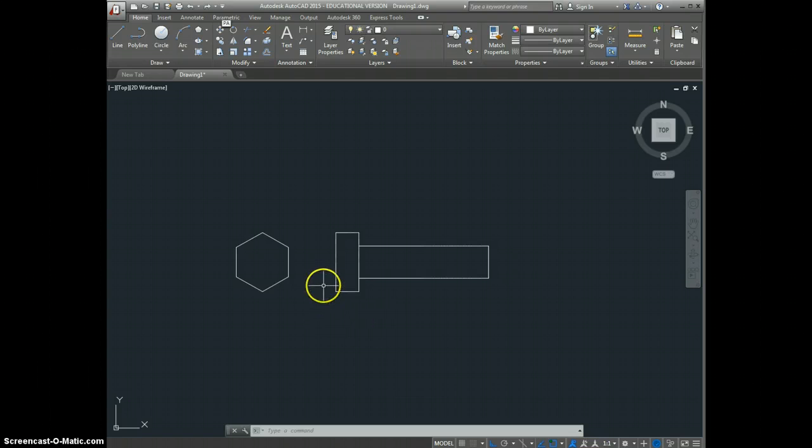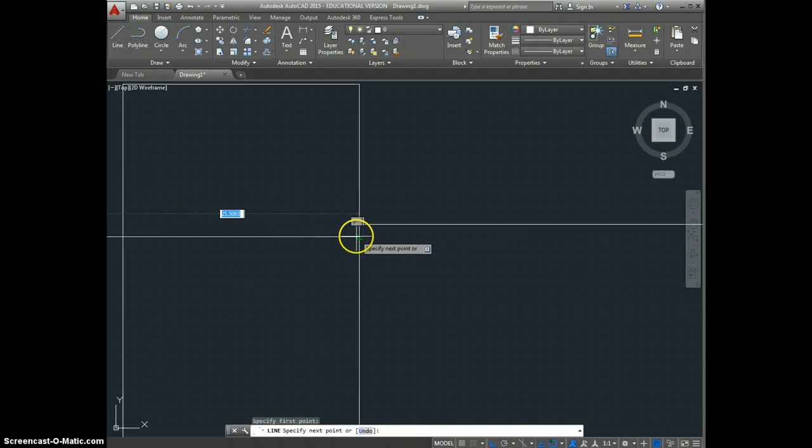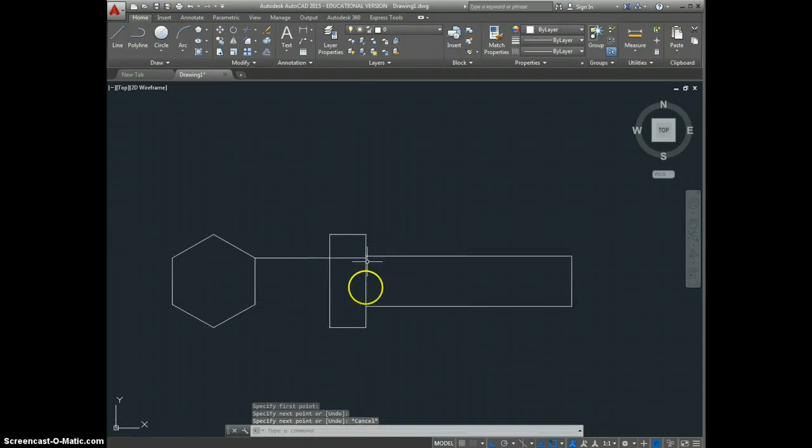I'm going to project some of these lines across from this view to that view. So I'll go to line, I'll pick on the end point, and I'm going to zoom in, put my crosshair here, wheel in with my mouse, and I need to pick on perpendicular. I'll hit escape, zoom out of it, and draw a line